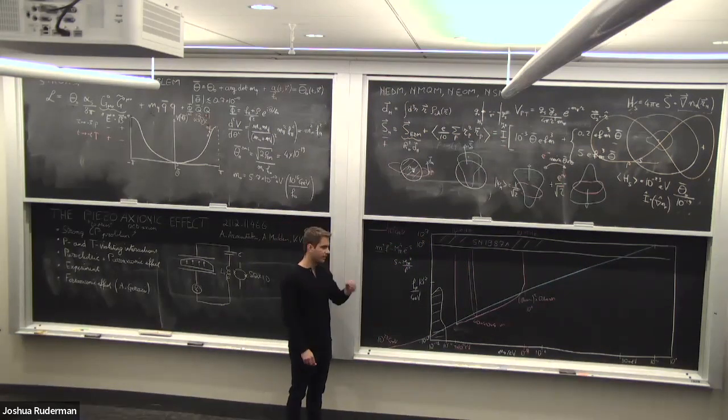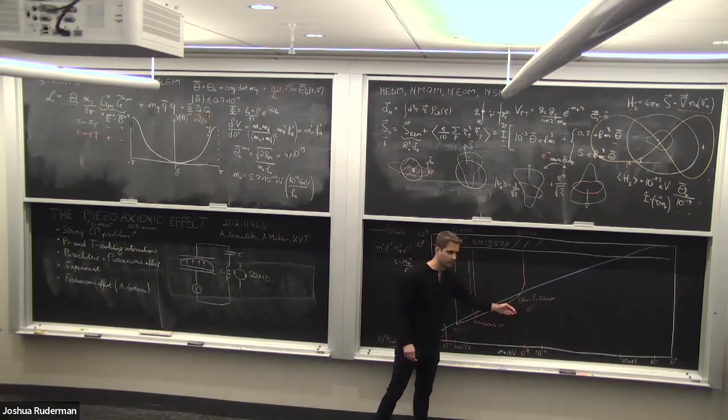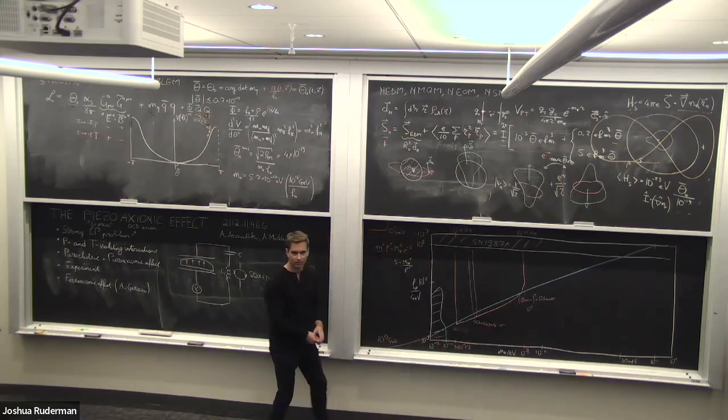So you could improve by 9 orders of magnitude by using a squid, and by 6 orders of magnitude by going to millikelvin temperatures to polarize more of the nuclear spins, and by another few orders of magnitude by using a bigger crystal than just a tiny little $1 thing.